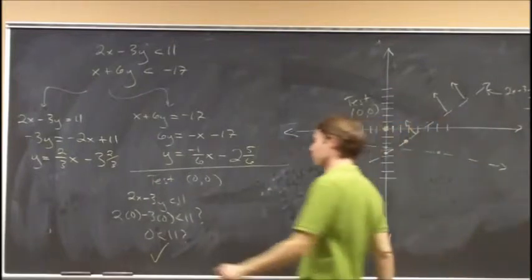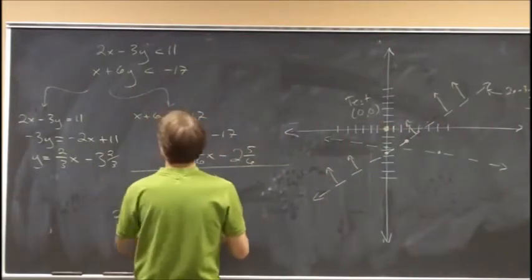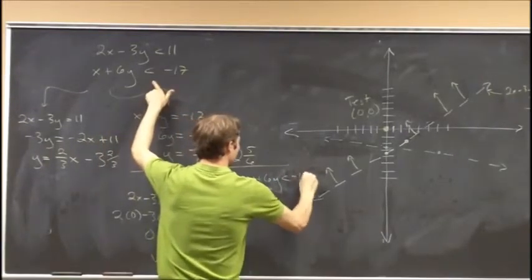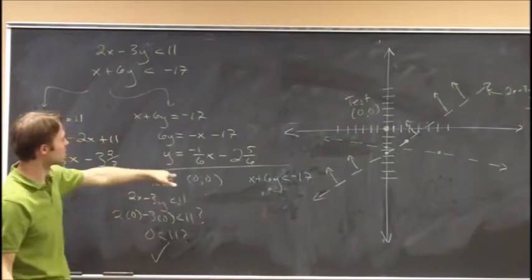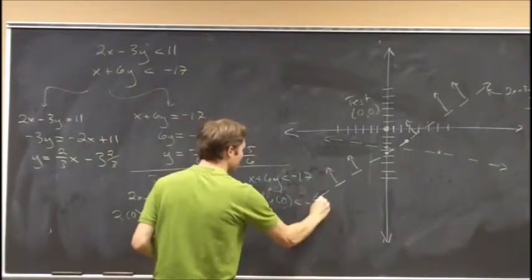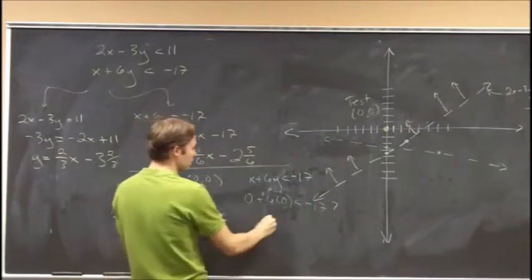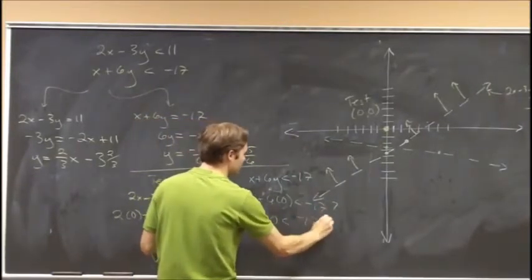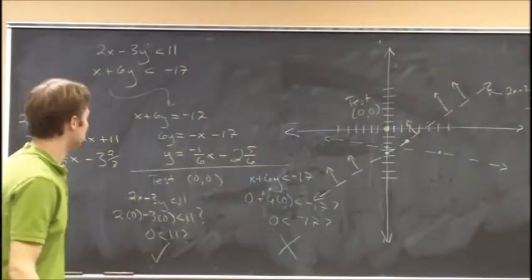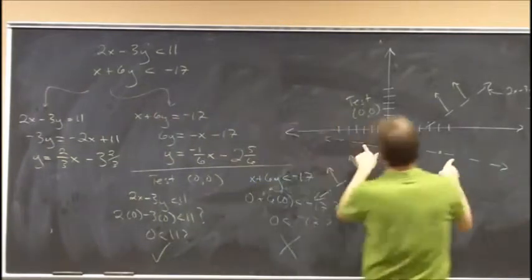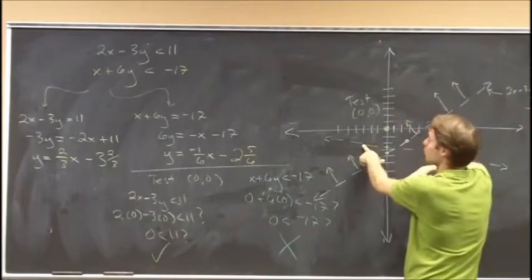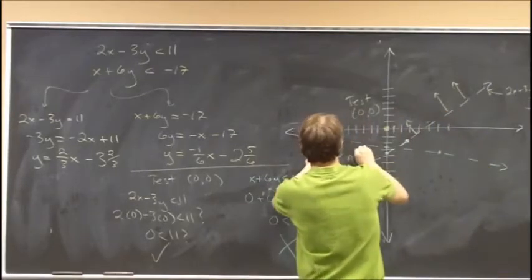Now let's test into the other line. So let's test into x plus 6y is less than negative 17, putting in 0, 0. So this will be 0 plus 6 times 0 is less than negative 17, question mark. So is 0 less than negative 17? No, that's not true. 0 is bigger than negative 17. So that means in comparison to the green line, I should not include the side that includes the 0, 0. I should shade the opposite direction. So on this line, I'll actually shade